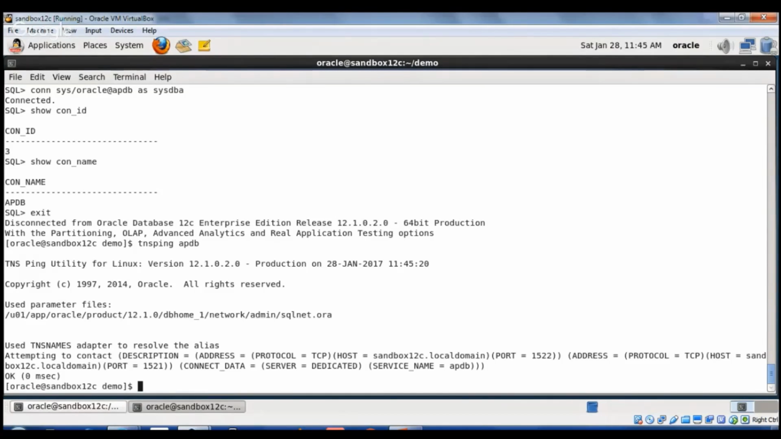That means for every pluggable that you're going to be managing or want to connect to, you do need to have a proper entry configured in your tnsnames.ora. So going back now,